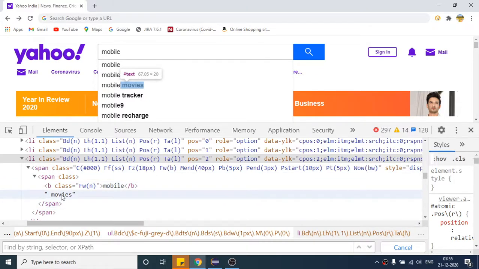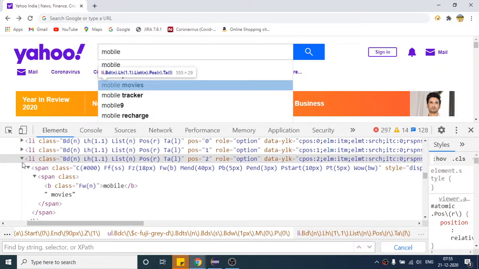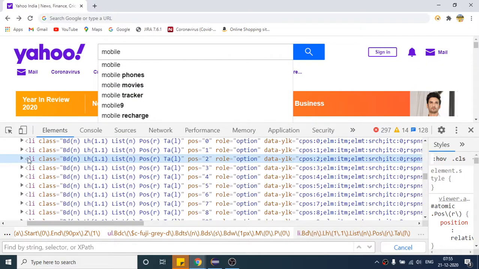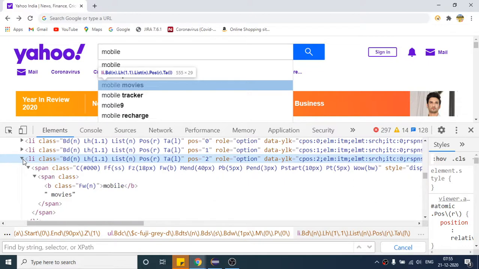Here they have provided mobile and movies. What I'm saying is, as we have discussed the getText method, even if you write the XPath or CSS or any other locator only till this line, and then apply the getText method, it will give me this text.